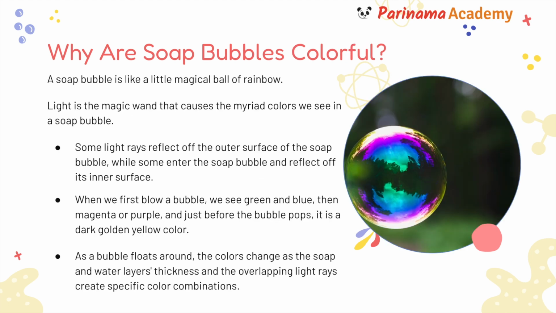A soap bubble is like a little magical ball of rainbow. Light is the magic wand that causes the myriad of colors we see in a soap bubble. Some light rays reflect off the outer surface of the soap bubble, while some enter the soap bubble and reflect off its inner surface. When we first blow a bubble, we see green and blue, then magenta or purple, and